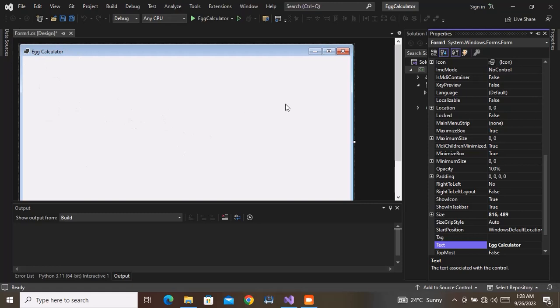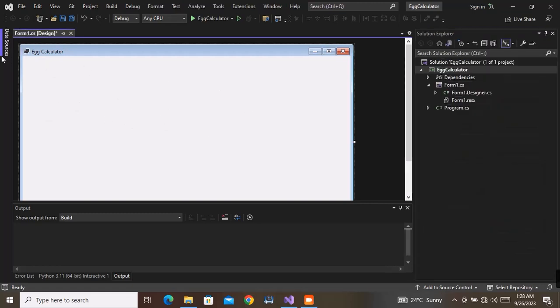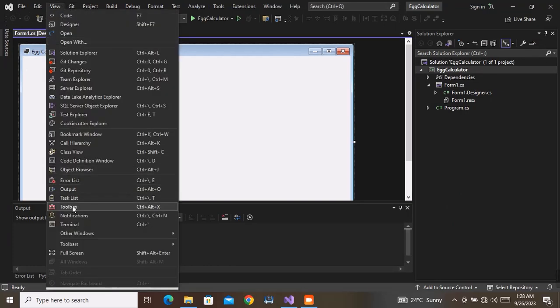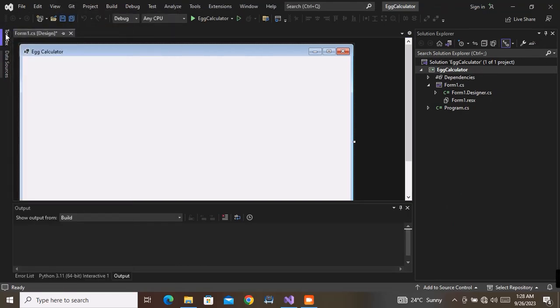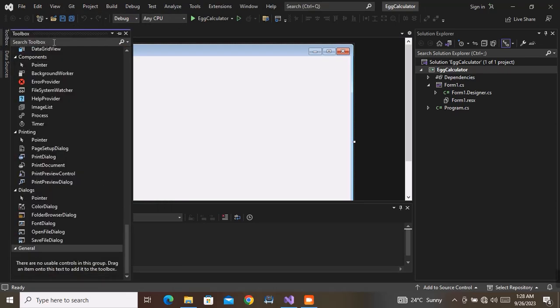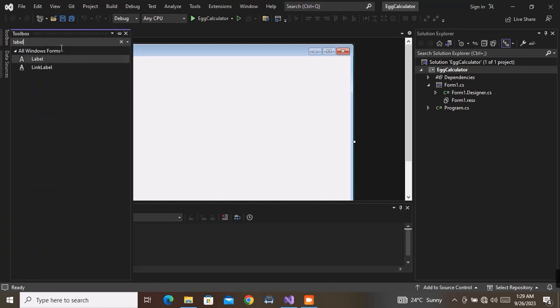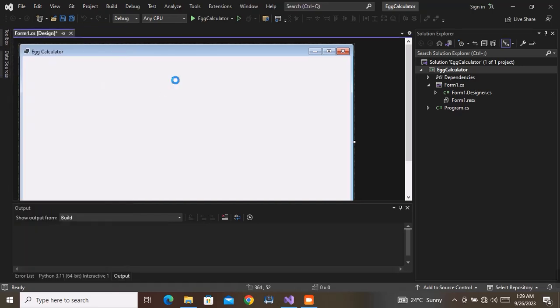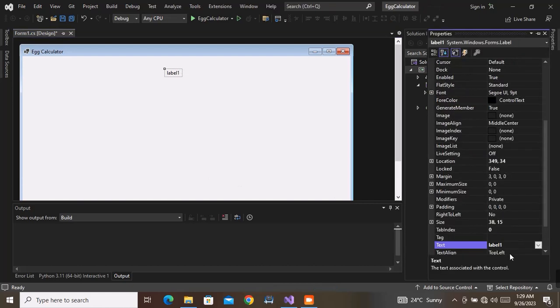Now remember, we said that we are going to have several things here, so I don't see the tab for the toolbox. You just go to view and you just say toolbox, and in this toolbox the first thing that we will search for is a label. So we will have a label, and I will place my label there, okay, and I will change the name of the label. Now this is the heading, something like a heading that I want to have,